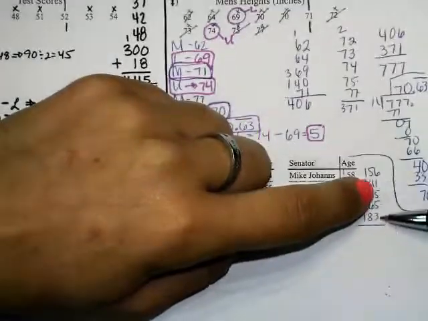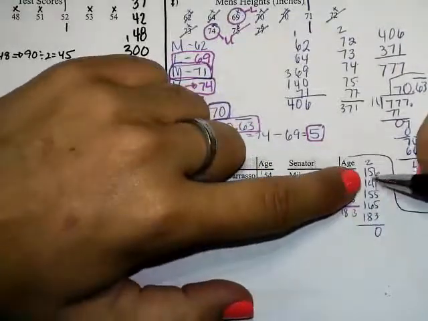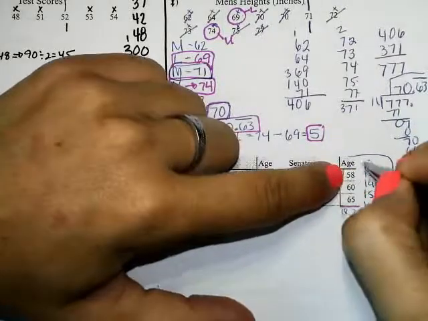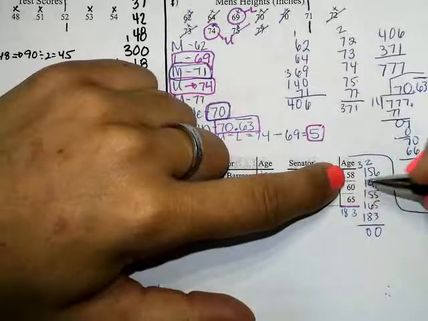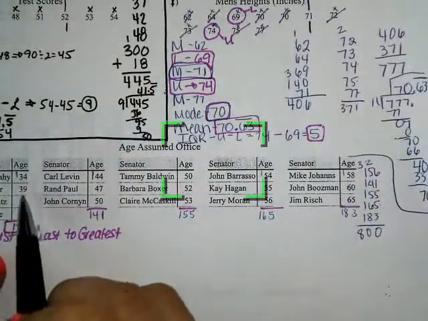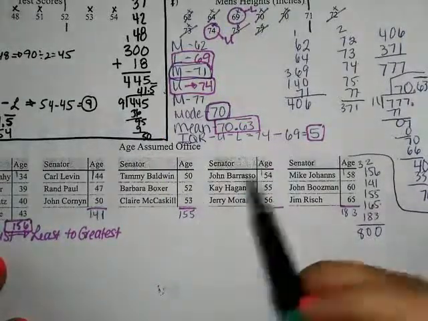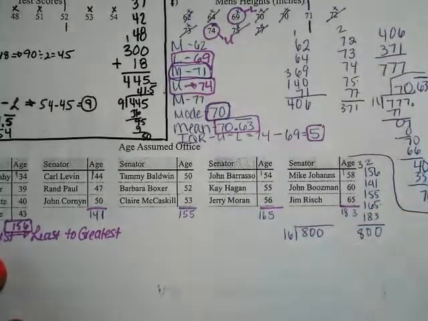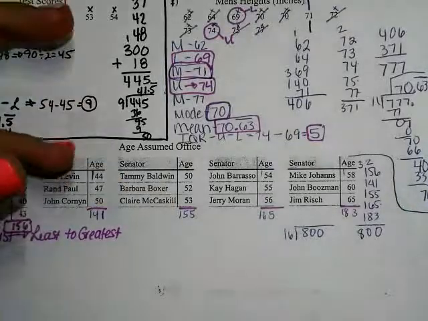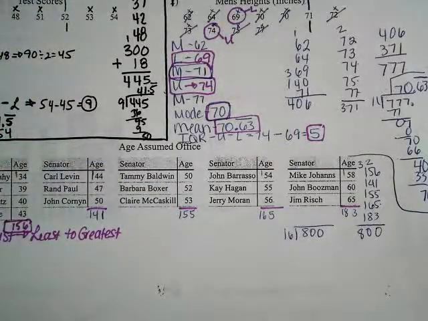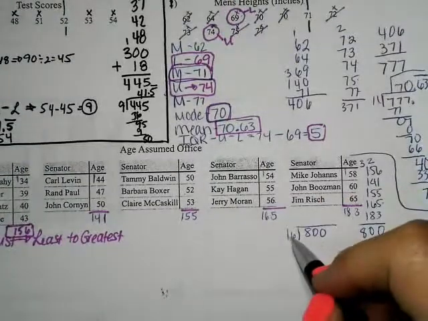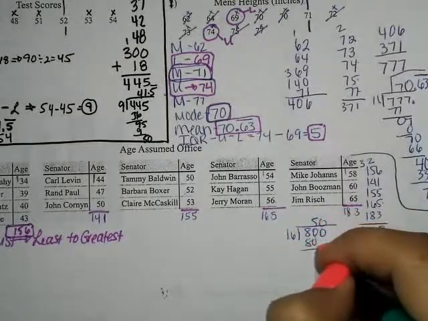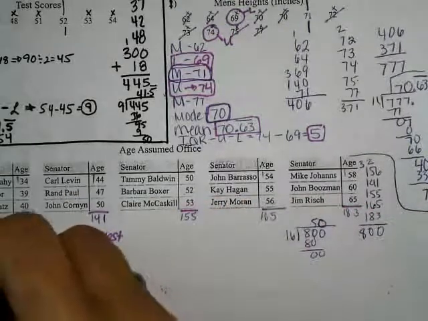So I have 5, 10, 16, 17, 20, 5, 10, 16, 20, 28, 30, 3, 4, 5, 6, 7, 8. So I have 800, and we said there's how many numbers? 16. So I'm going to divide 16 into 800. 16 times 4 is 64. Times 5. 16 times 5 is 80. Just because that's 50 and 30. Yep, it's 80. Add a 0. Okay, so my mean